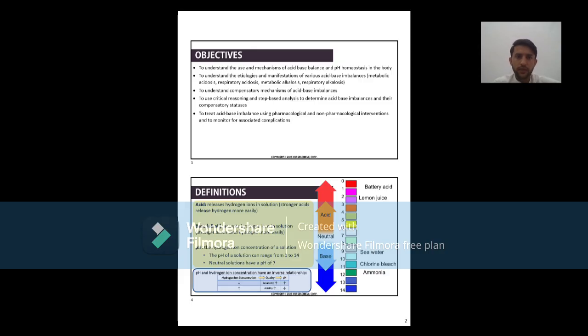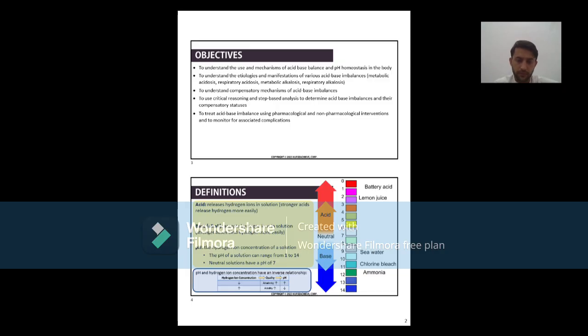To understand compensatory mechanisms of acid-base imbalances, to use critical reasoning and step-based analysis to determine acid-base imbalances and compensatory status. To treat acid-base imbalances with pharmacological and non-pharmacological interventions and to monitor the